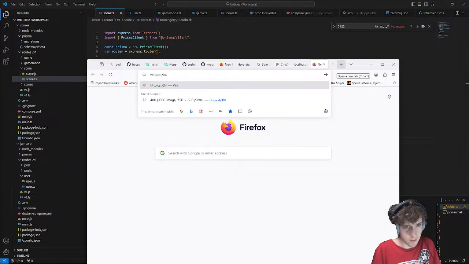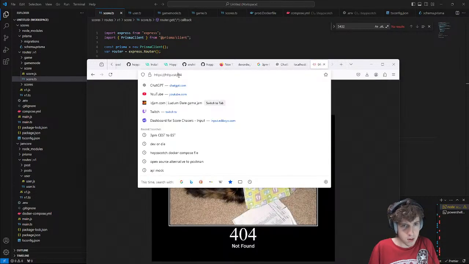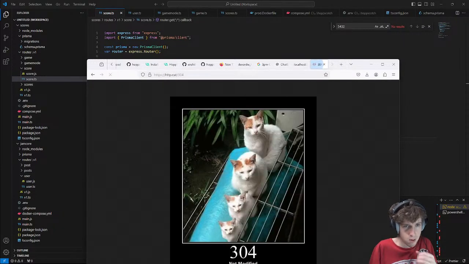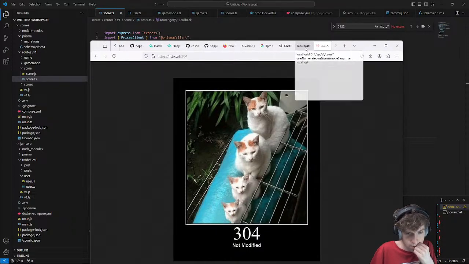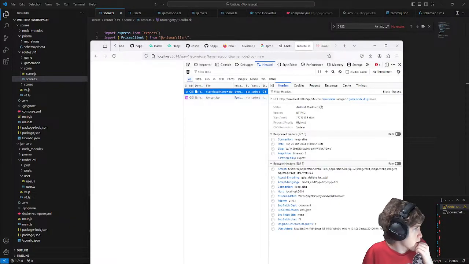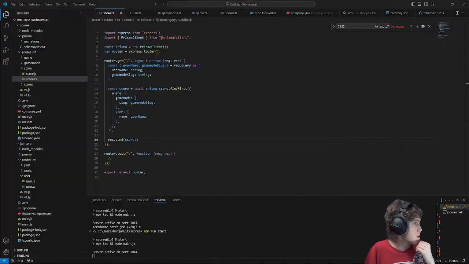The cat 304. Not modified. I have no idea what that means. Error 304. When the requested resource has not been modified since the last time it was loaded and there's no need to transfer it again.